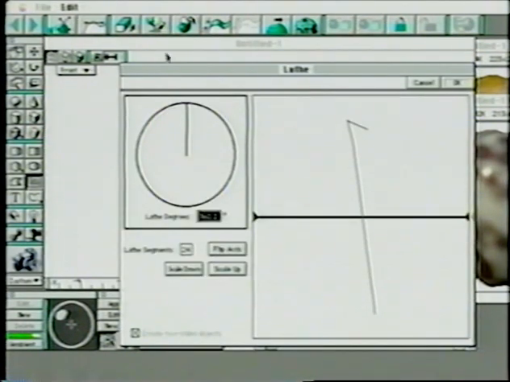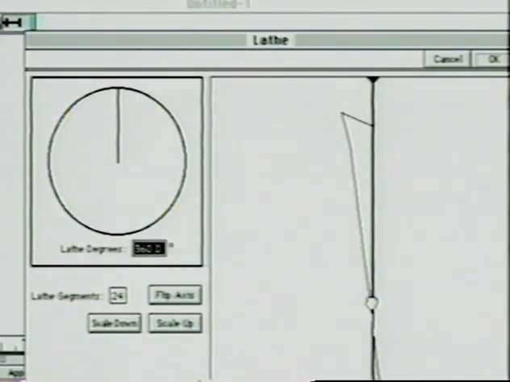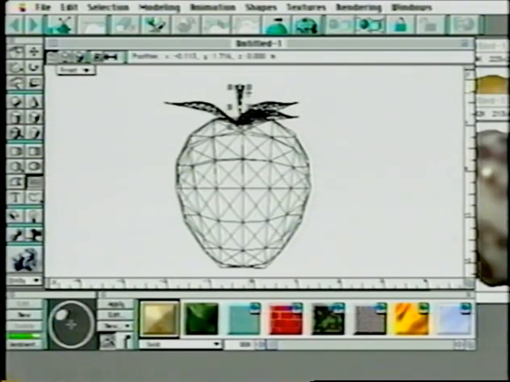We click on the button in the button bar. Notice that the template appears in the dialog, and we can move our lathe axis into position. And we change the lathe segments to 18, which is a recommended number, and click on the OK button, and the stem appears. We now have a stem that we can put into position,